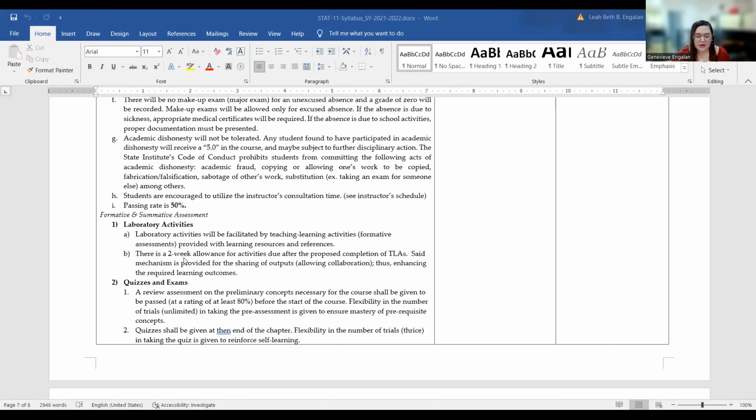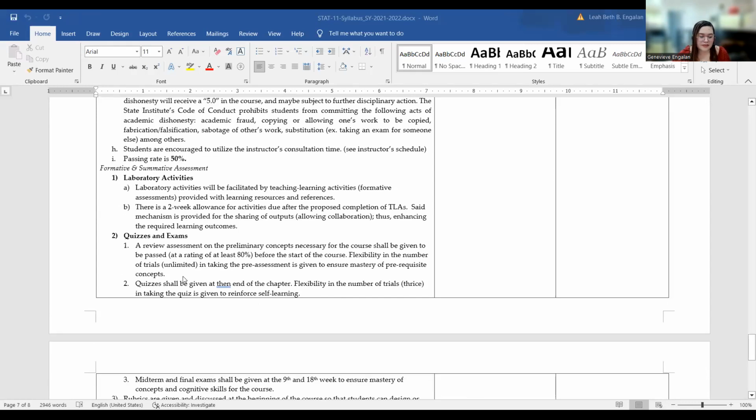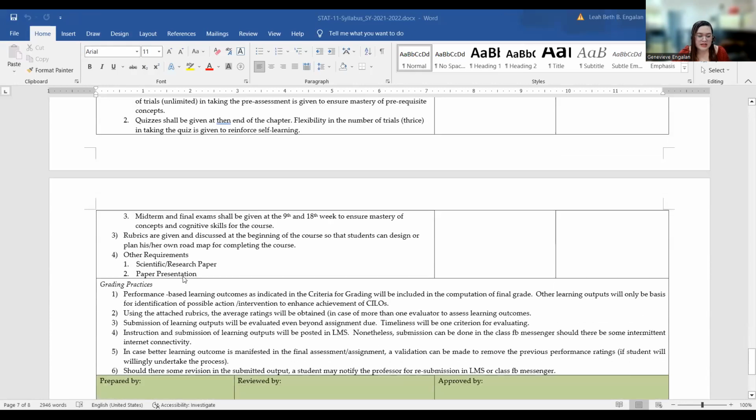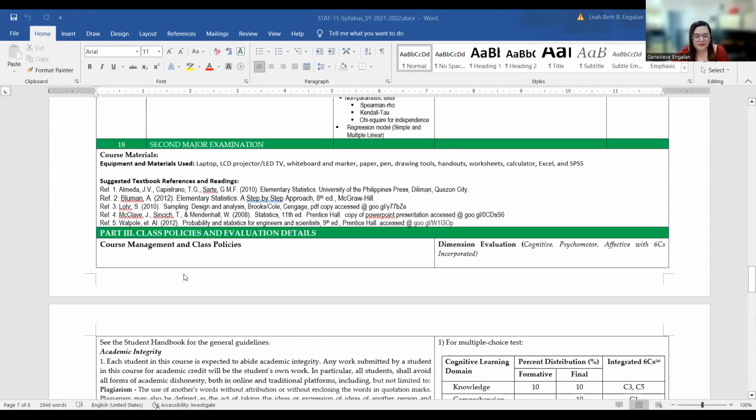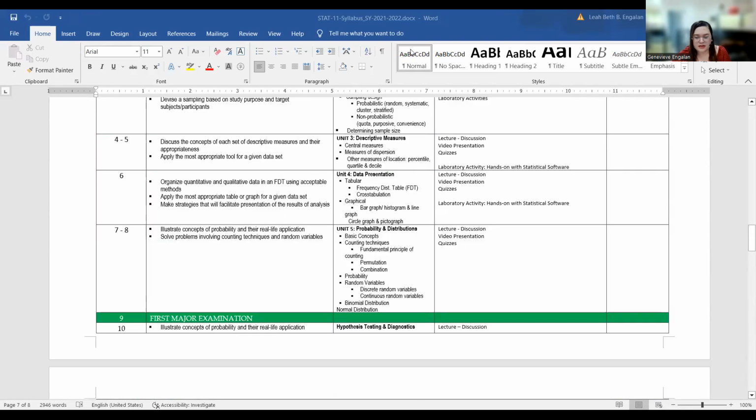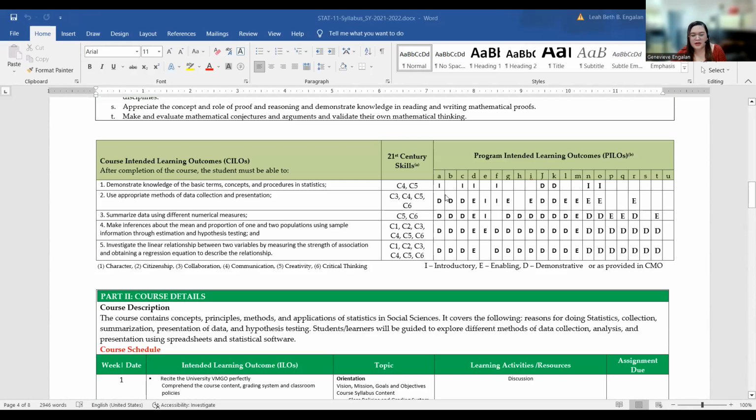Okay, so mao na siya laboratory activities. So, this will be given by your instructor sa laboratory, which is Mr. Macalos. Okay, quizzes and exams. Okay. So kana lang. Questions. Okay, by the way, ang